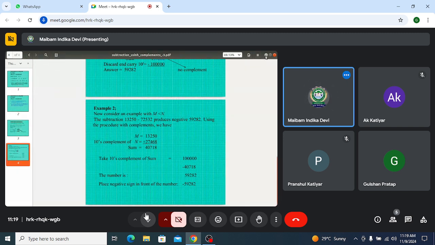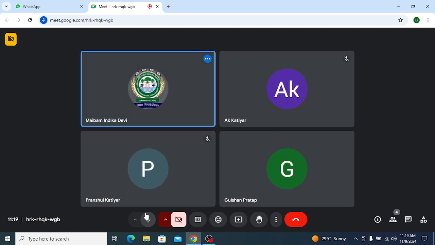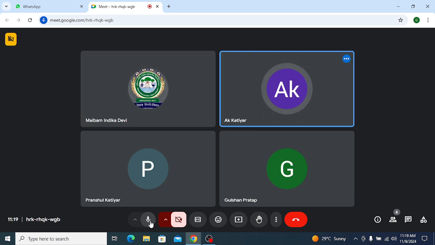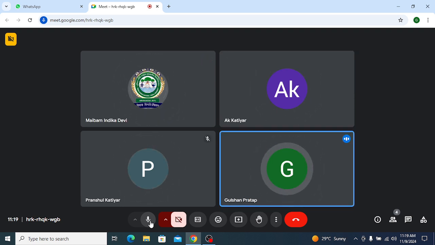Yes or no? Gulshan. Yes, ma'am. Gulshan, then Ansul, Pransur, if you do not understand, I will take an example and explain. I am asking, at least reply yes or no. Yes, ma'am. No, ma'am. Take an example. Trying to understand by the examples.